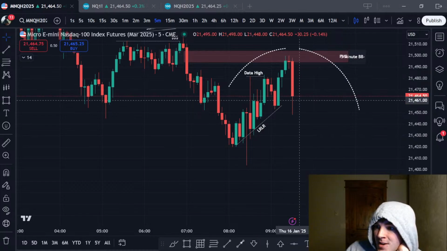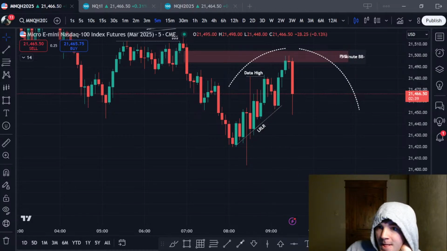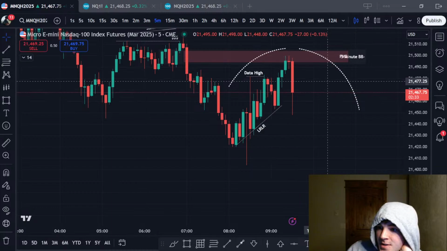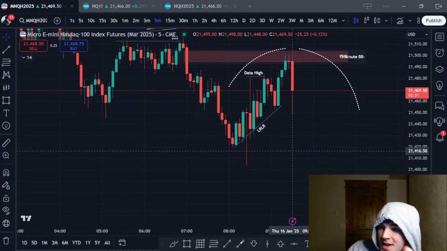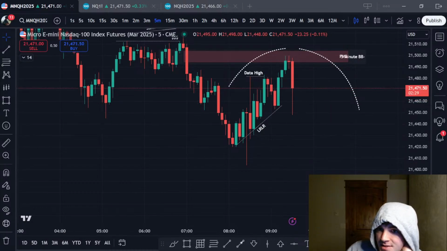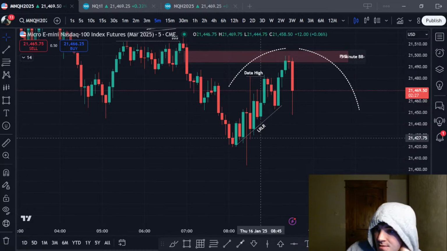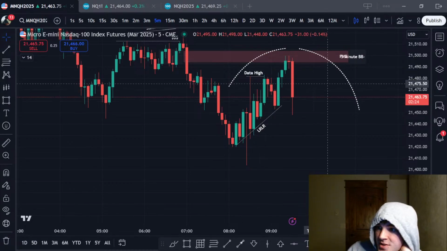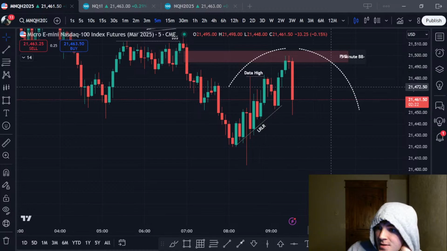So I kind of want to measure out standard deviations. The most obvious one to me is this. Let's measure standard deviations of this here. Okay, we got the 2 to 2.5 lining up with a lot of this. Actually, let's measure it from the wick.